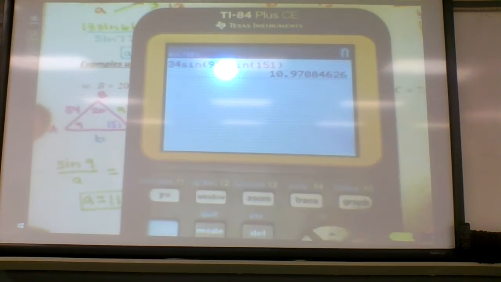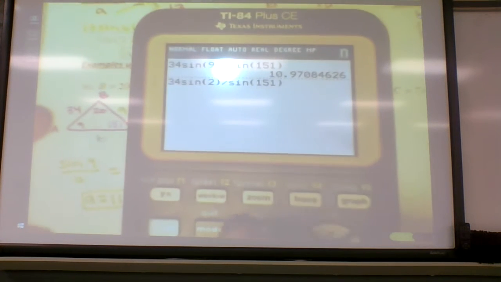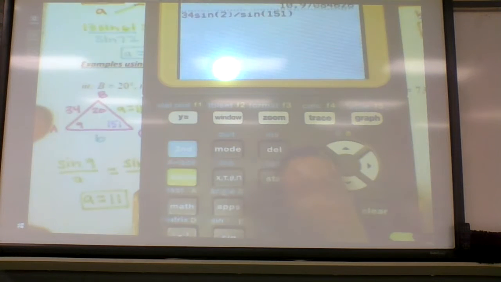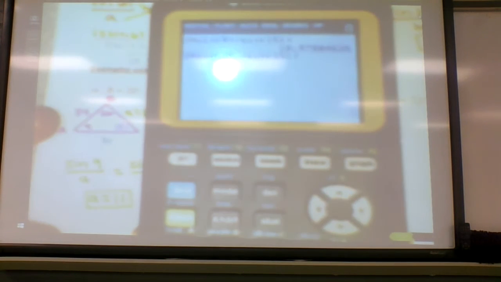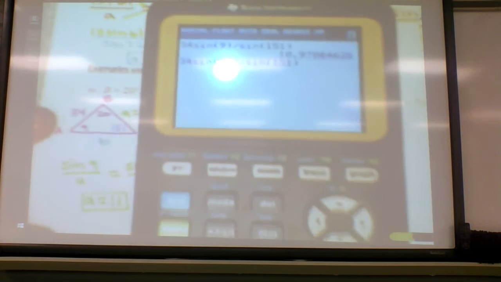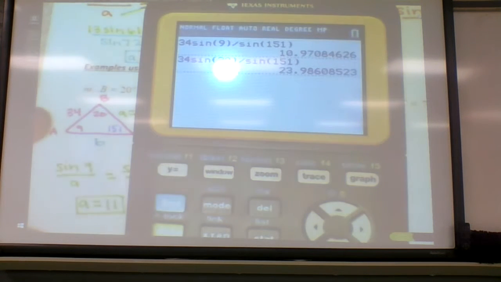So you can go back and change the 9 to a 20. If you need to insert another digit, do you guys know you can hit second insert right here? And then it'll just let you plop in another one without deleting anything. And that one rounds to